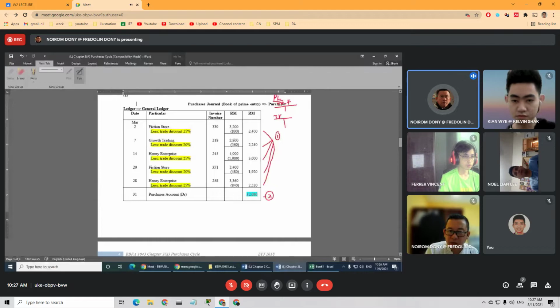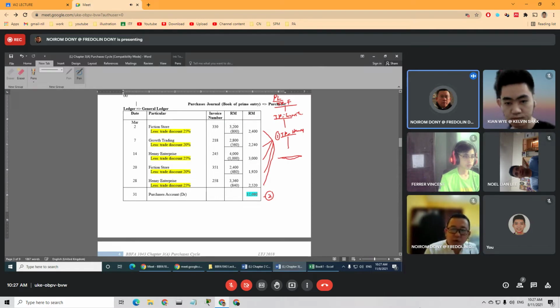If you look at your notes, and then after that we have trade payable Henry, and then another one is supposed to be Fiction, but Fiction is already open, so you don't need to open it anymore. And also Henry, you already opened Henry, so no need to open Henry anymore. And then